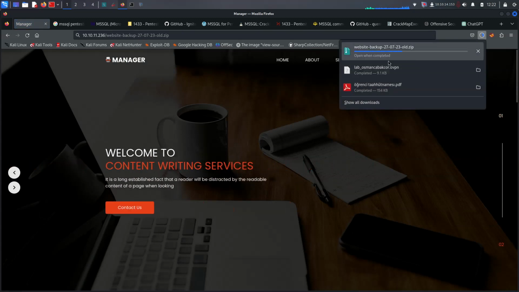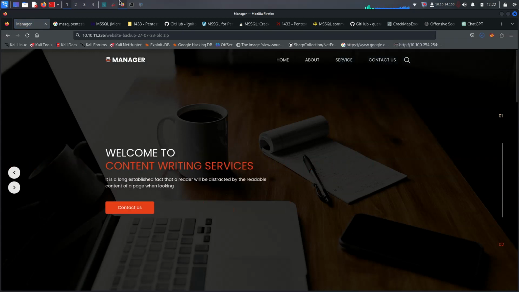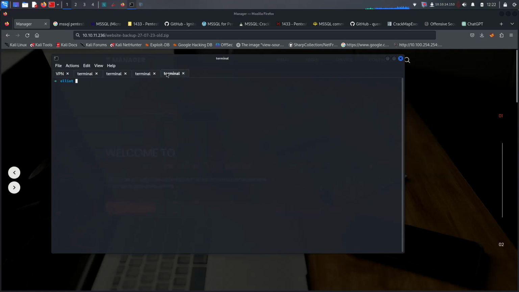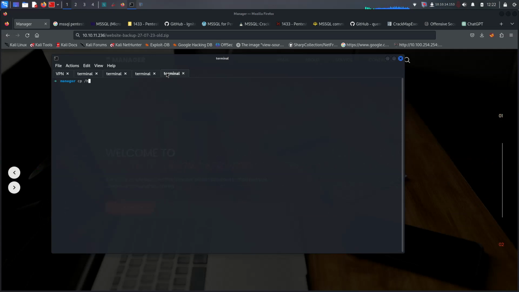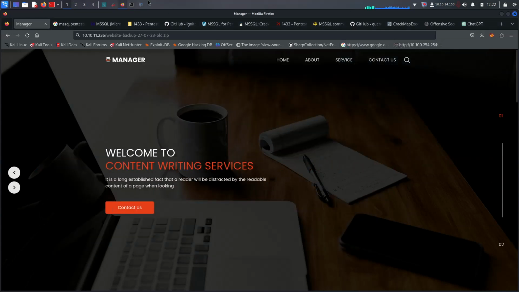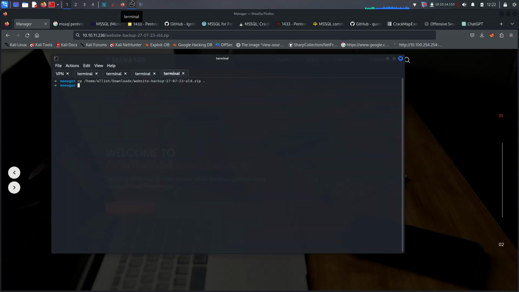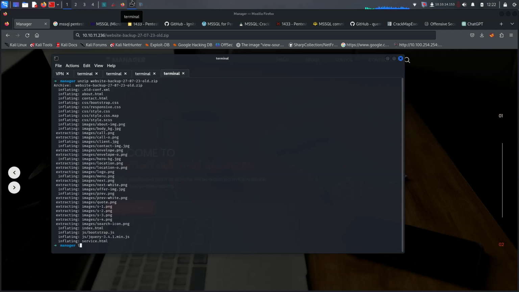Alright, so we are already downloading the website zip file here. So let me go to documents, to manager, and then cp home downloads. So what was our file name, website backup, right? So I'm using unzip